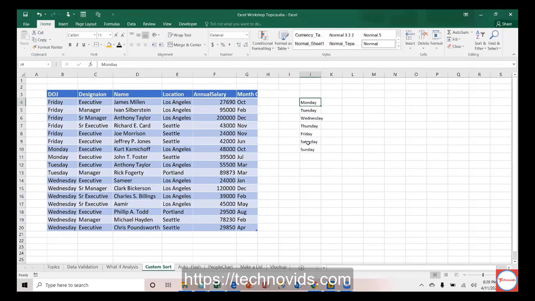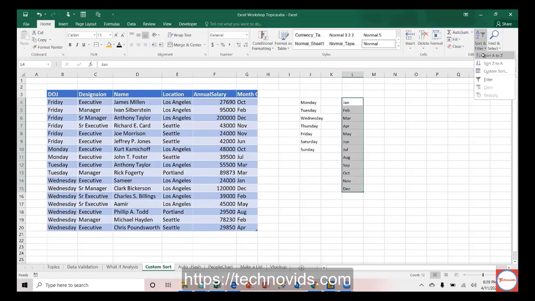So I want to sort the data this way, not A to Z or Z to A. Similarly, you can think of months. The months are also like this: January, February, like this. But if I ask Excel to sort, it will sort differently. Of course, this is not having the header.